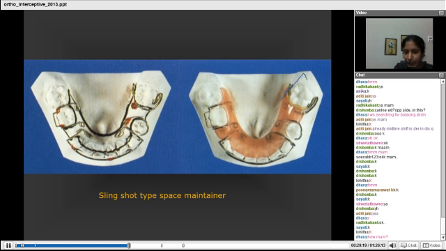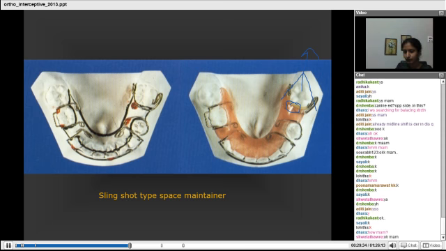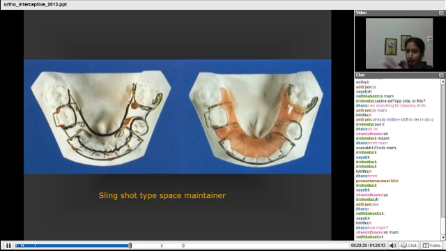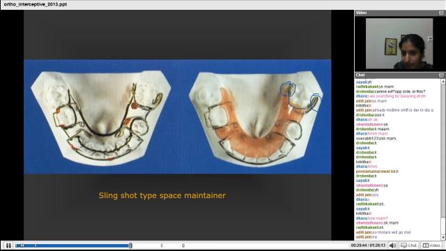You are pulling the catapult like this, and this is your piece of paper. Getting me? Or you leave the catapult, don't try to compare it. This is your spring and this is your rubber band attached to it. Now this rubber band is being pulled over here. The force is applied in this area, so the molar is getting distalized.